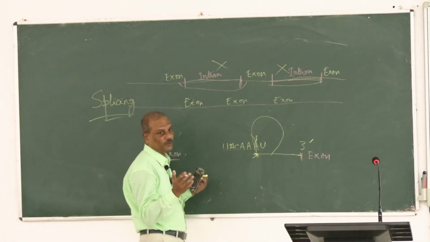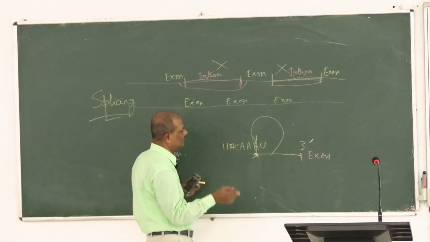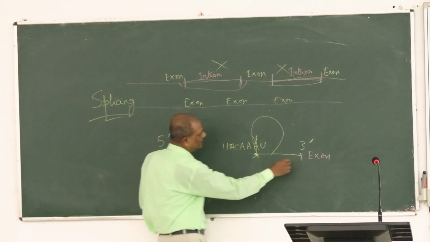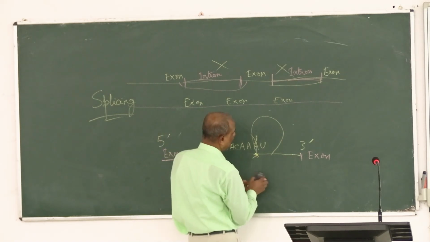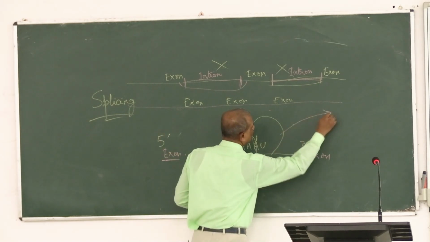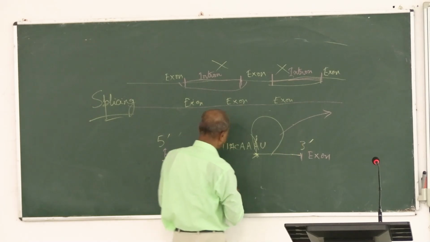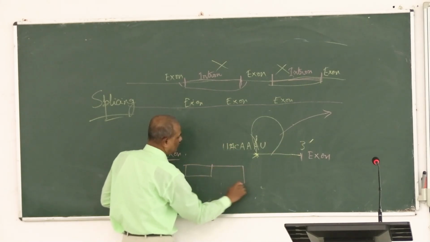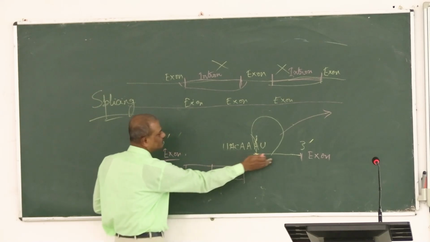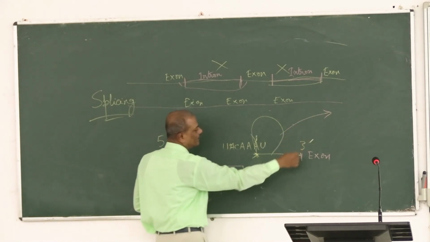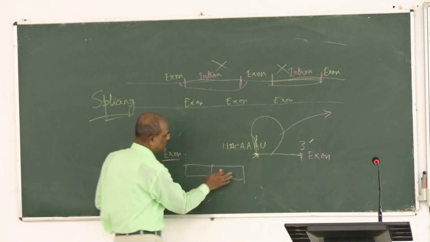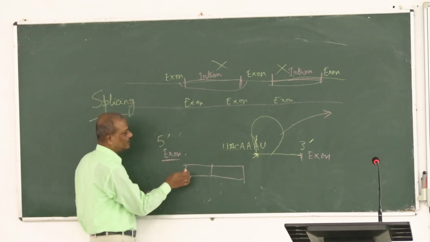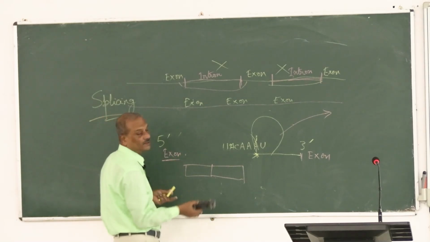Lariat means a noose, fast, Bangla fast. And then finally it is cut and the entire structure is removed. This is one way of doing it. So both the exons are joined together. So this part is totally removed. So two exons are connected to each other. That is one part. Second is use of